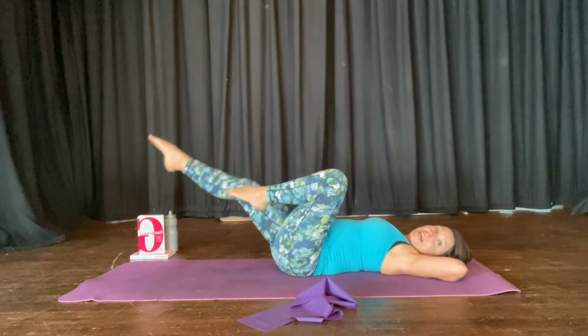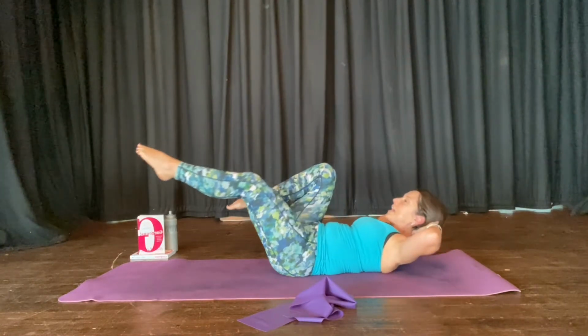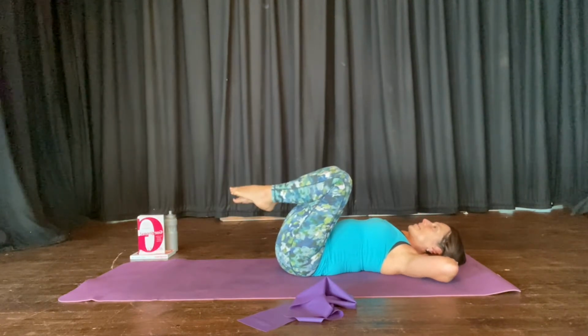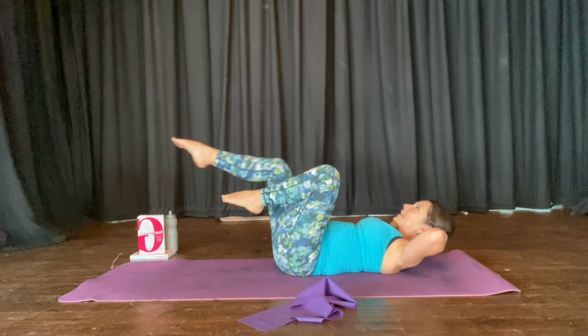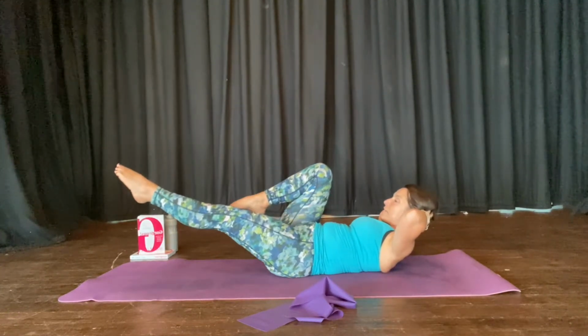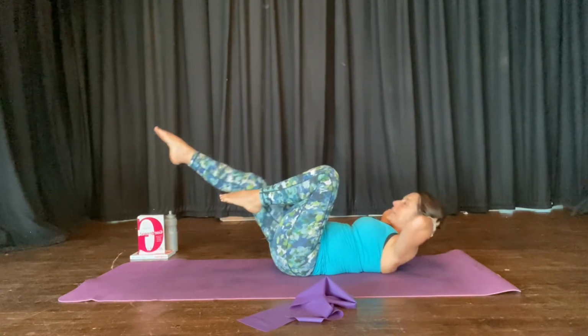Then, level 3. As the leg extends, raise the head, breathe out, lift the head, inhale, lower the head. Extend the leg, raise the head, inhale, lower. Breathe out, lift, inhale, drop. Exhale, lift,